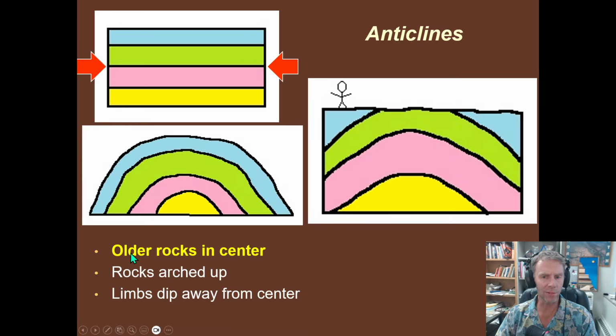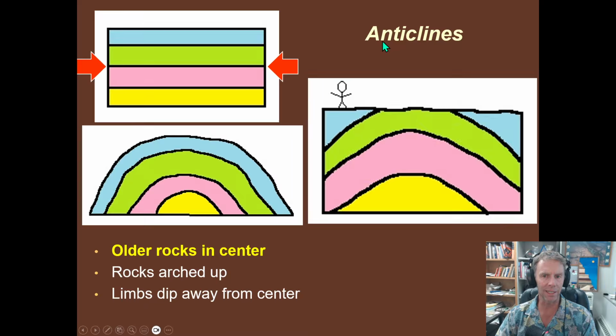The thing that really defines an anticline is that in the center of the fold, we have the oldest rocks. Notice down here in the center of the fold, we have that yellow layer, which is our oldest layer in this case. The rocks are arched upwards. In this case, they're kind of making a rainbow shape. And the limbs dip away from the center. So on each side of the axis, the limbs are dipping opposite or away from the axis of the fold,